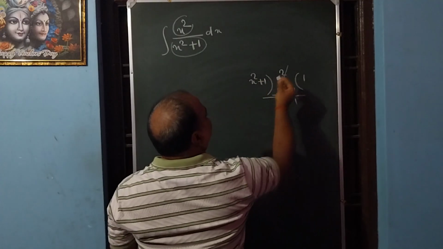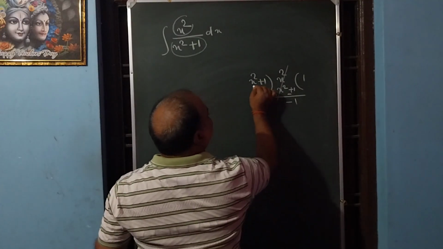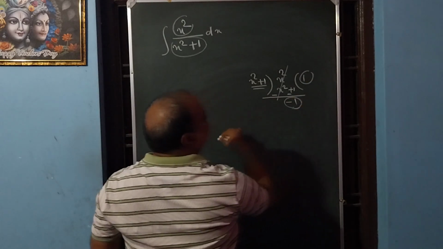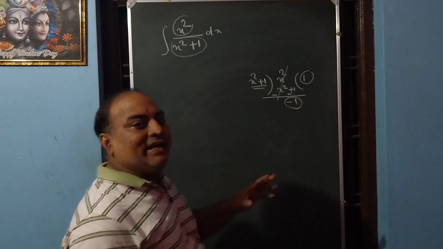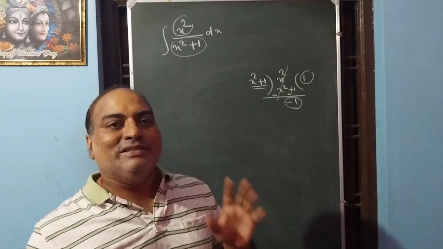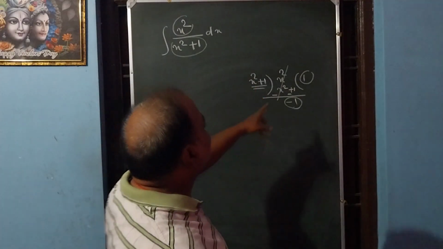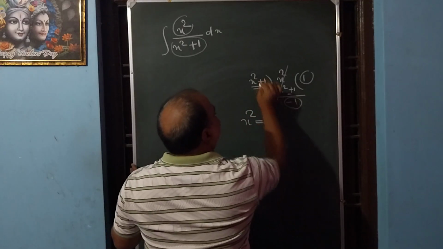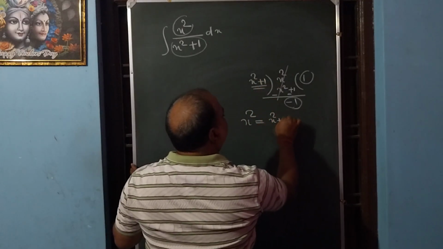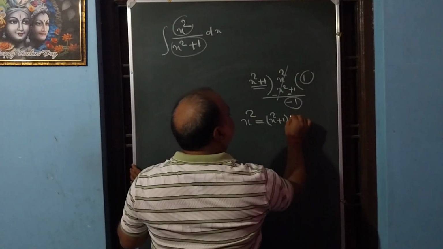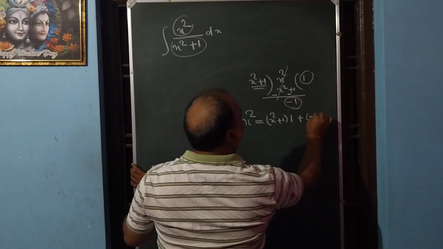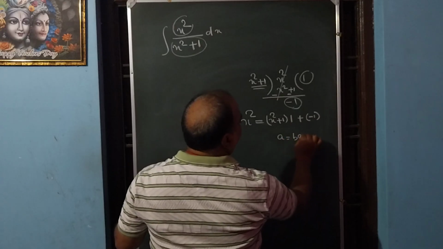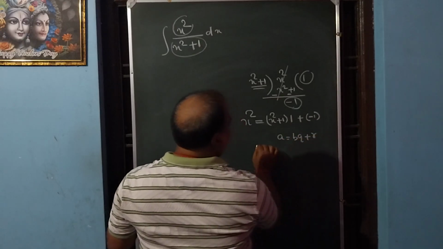This is the numerator, this is the denominator. This is called the dividend, this is called the divisor, this is called the quotient, and this is called the remainder. What is the relation between dividend, divisor, quotient and remainder? Dividend is equal to divisor into quotient plus remainder. That is a is equal to bq plus r, where